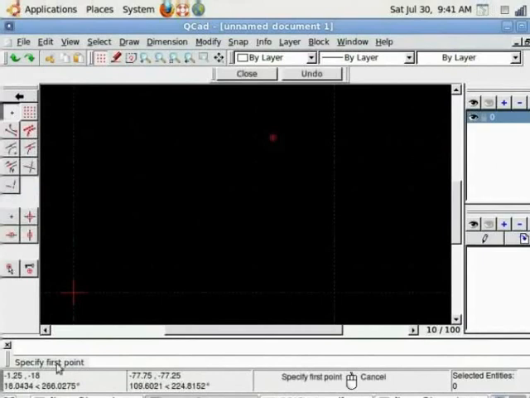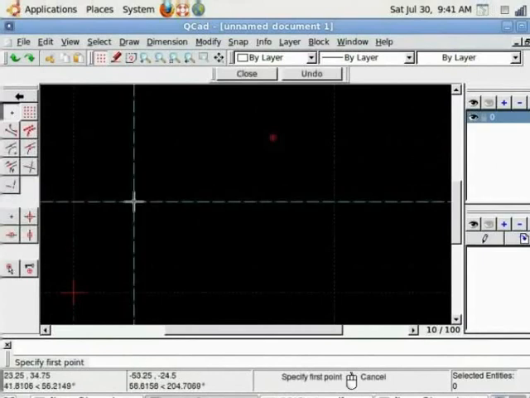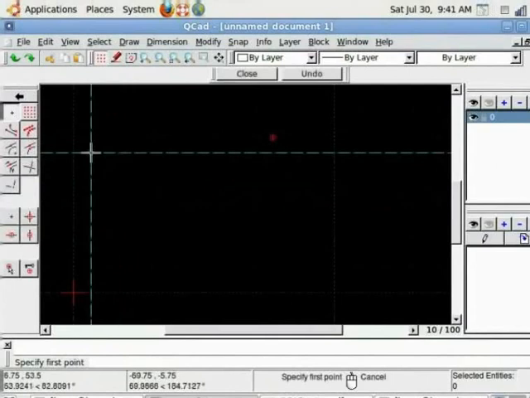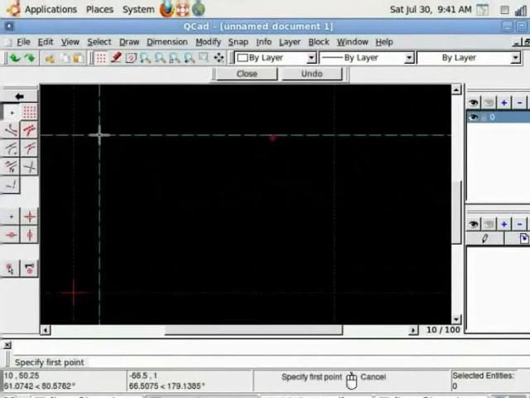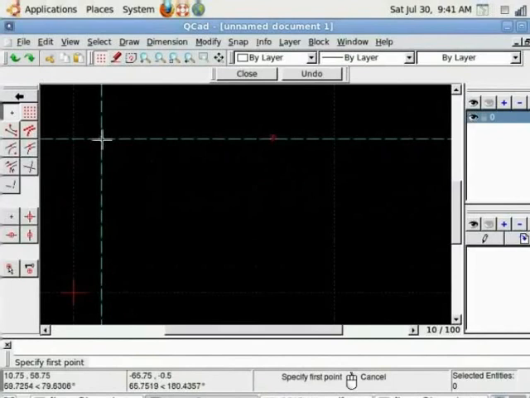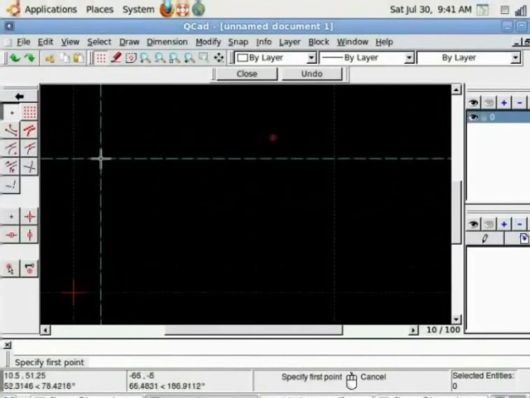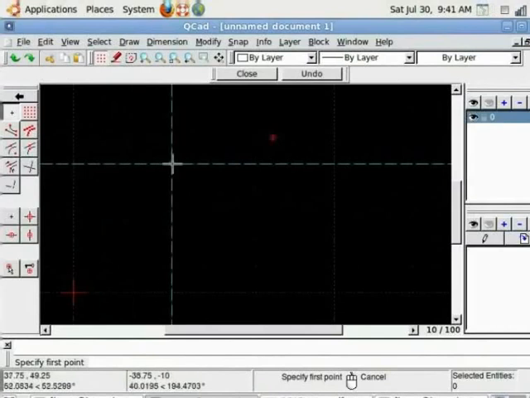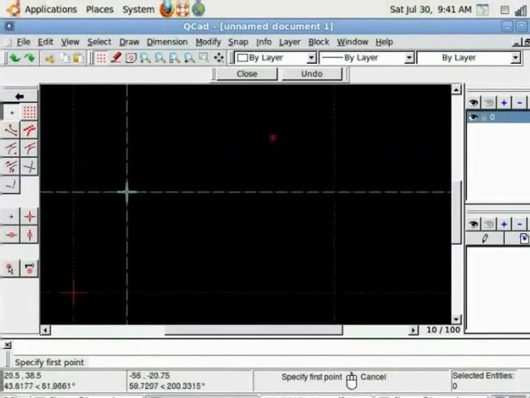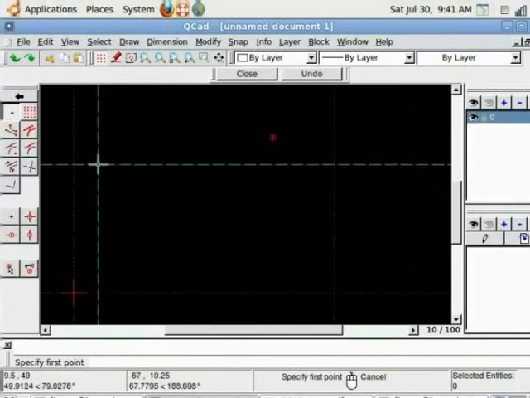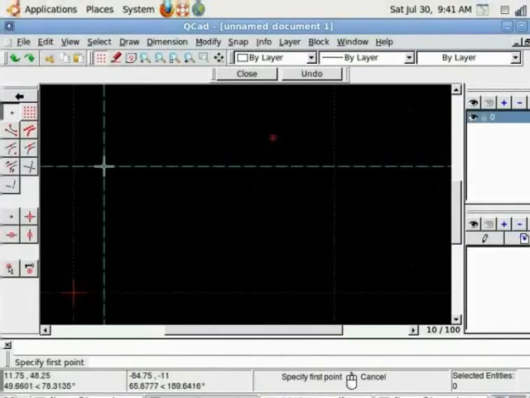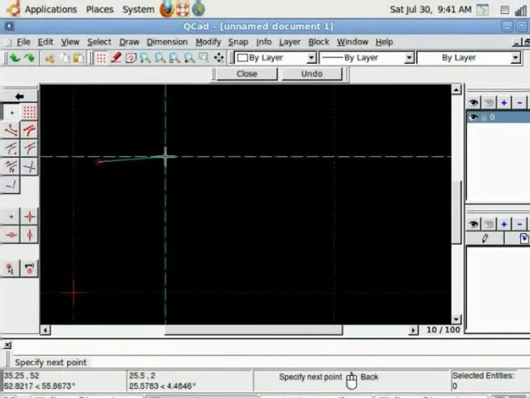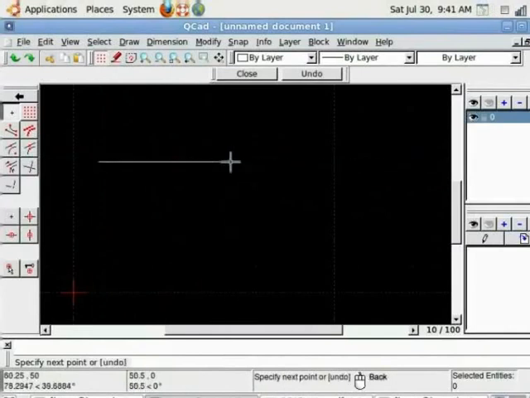Move your mouse cursor on the drawing area. There are 2 things happening now. One is mouse cursor has changed into white crosshair, and there is a blue circle appearing right below the mouse cursor, and it is basically hopping from grid to grid as I move my mouse, waiting for me to select. I can click left mouse button to start, click for the start of the line, and click again for the line to end. Line is drawn.